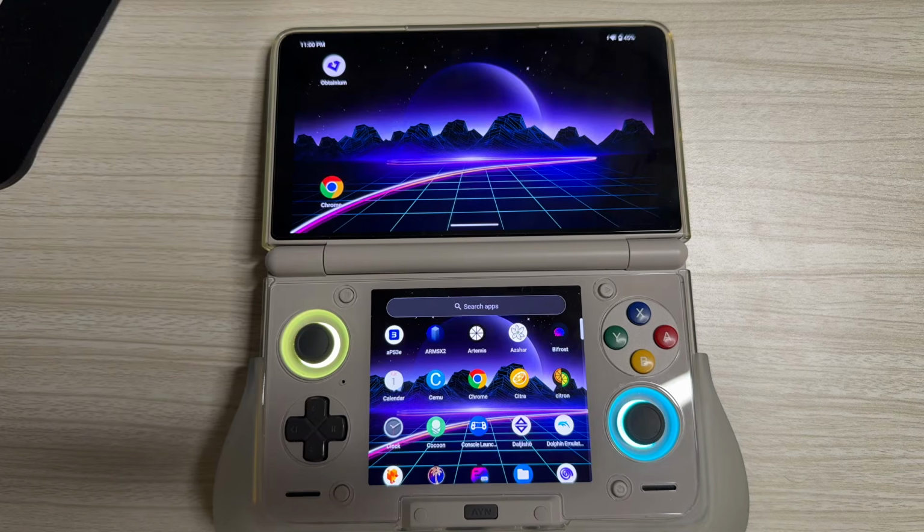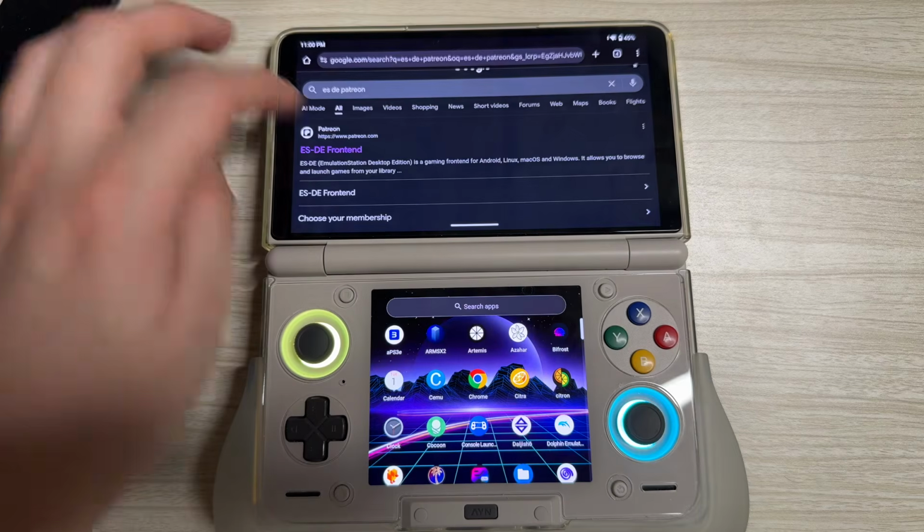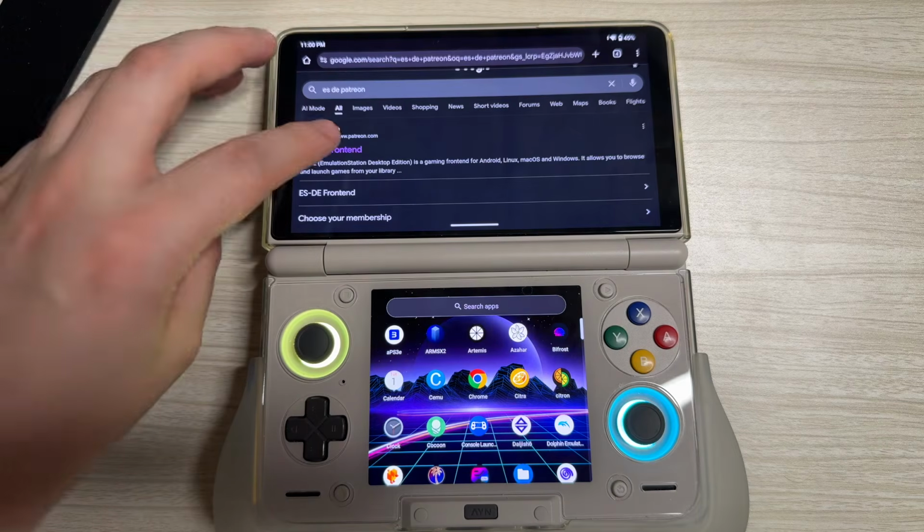Hello, this is going to be a nice simple guide on my personal favourite front-end, ESDE, EmulationStation Desktop Edition. Now, this is a paid app. The way to acquire it is if you sign up to the ESDE Patreon, which you can do just through Chrome. Just Google ESDE Patreon